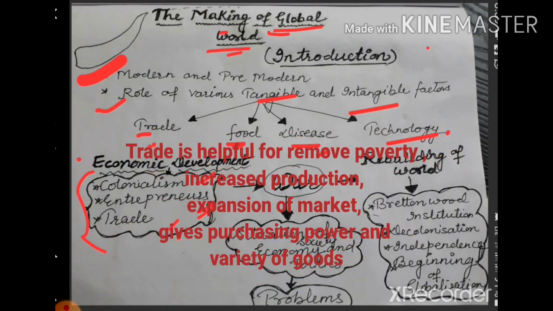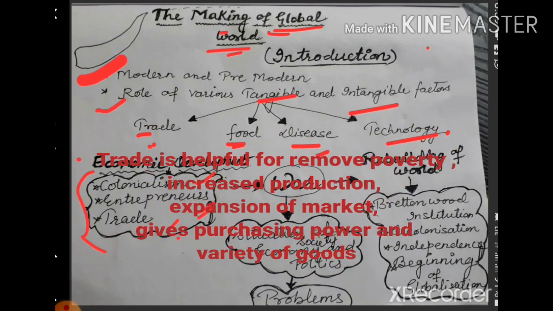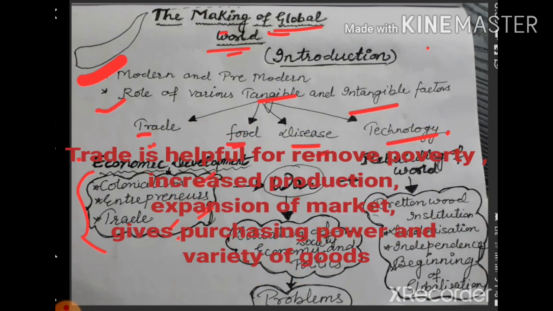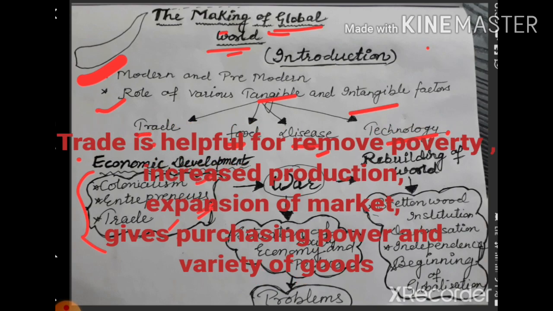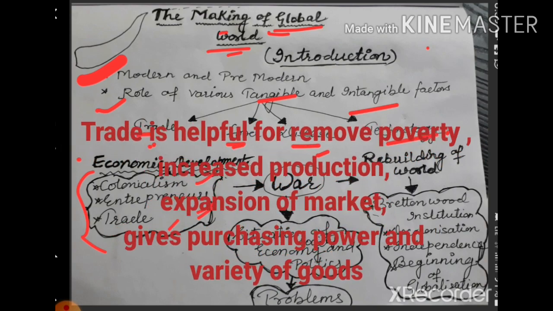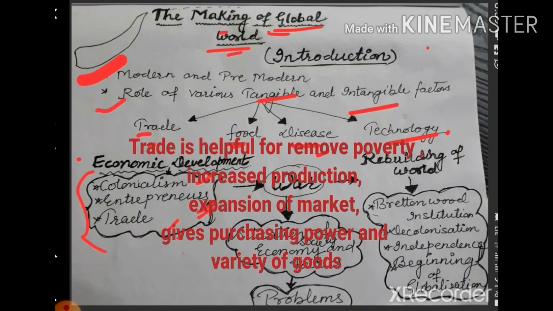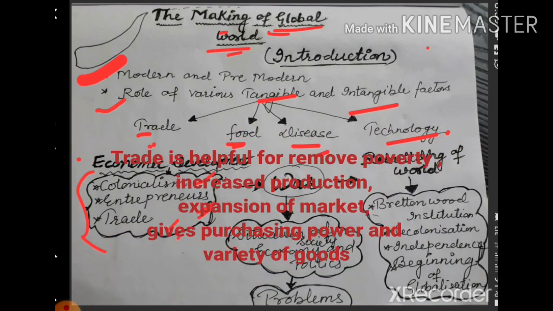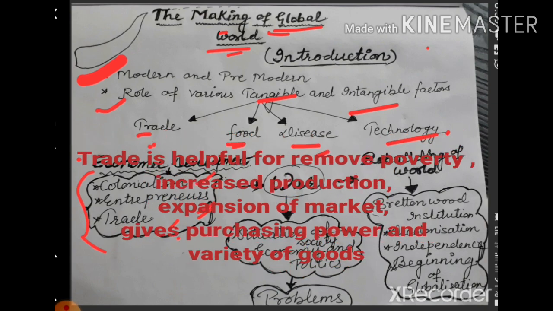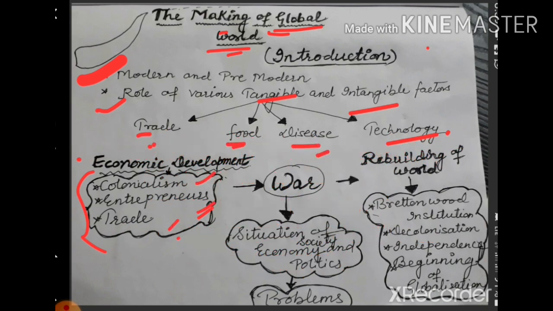They give the consumer greater purchasing power and also allow the consumer to buy a wider variety of goods at lower prices. तो यहाँ पर हम कॉलोनिज्म और एंटरप्रेन्योर और ट्रेड के ज़रिए किस तरीके से इकोनॉमिक डेवलपमेंट हुआ इन प्री मॉडर्न पीरियड, इसके बारे में पढ़ेंगे. As well as we also discuss here that how this